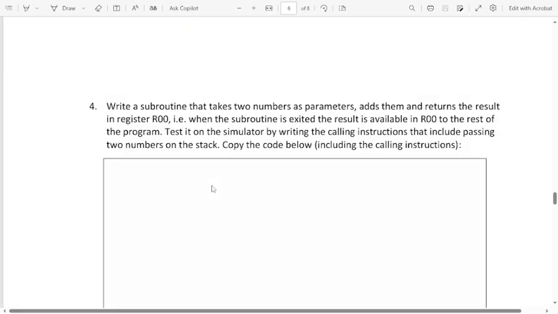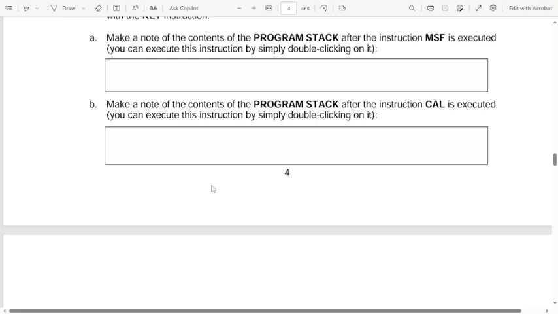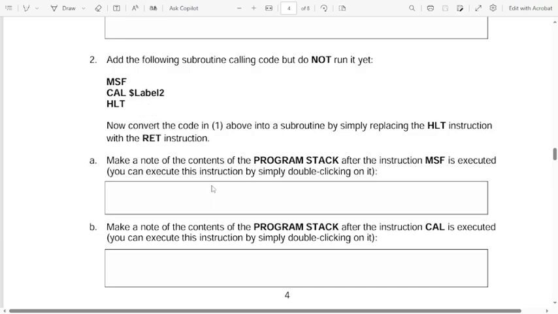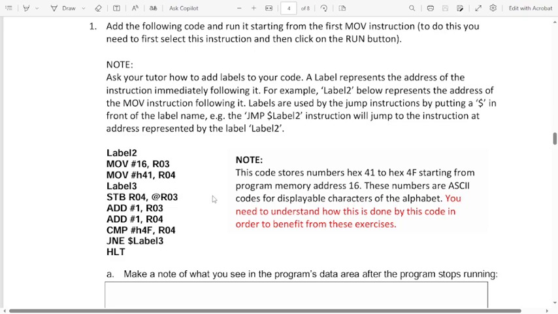What you're going to do is screenshot all these commands on your phone. After you screenshot, you are going to type that code.